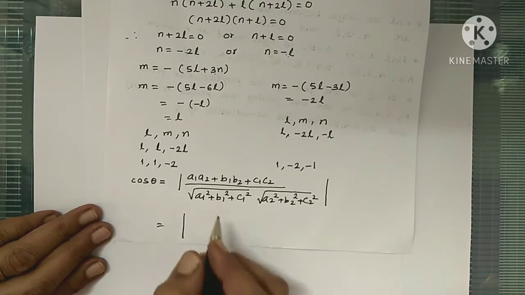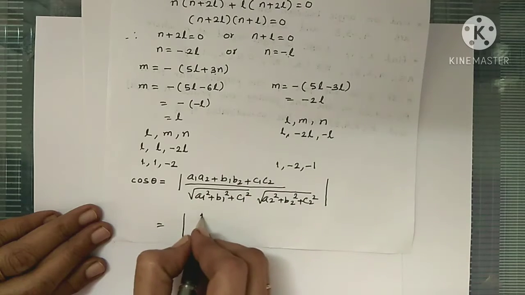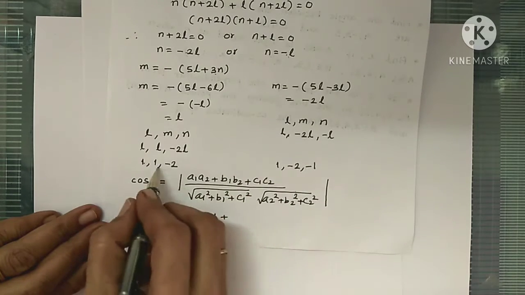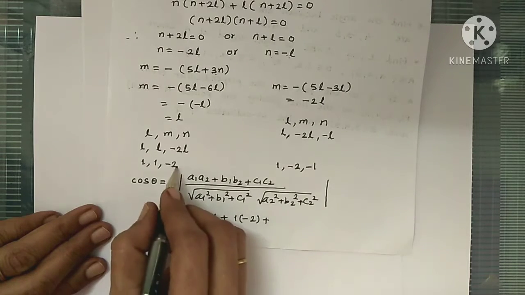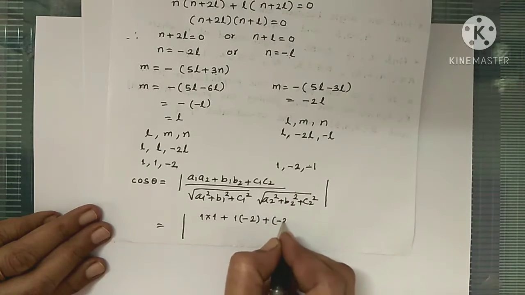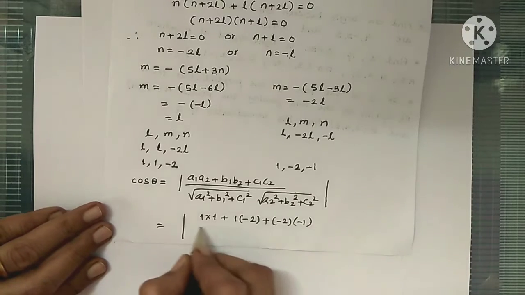So that becomes 1 into 1 plus 1 into minus 2 plus minus 2 into minus 1, divided by